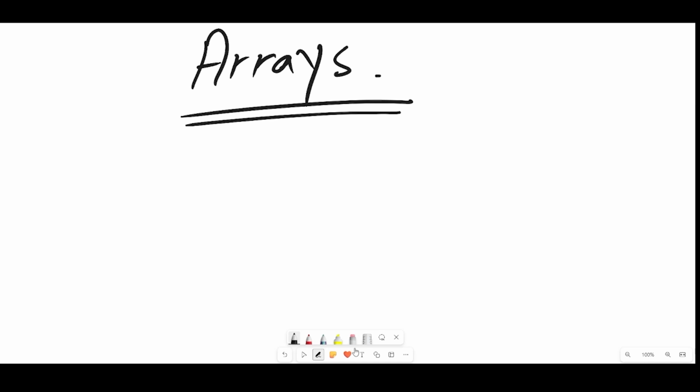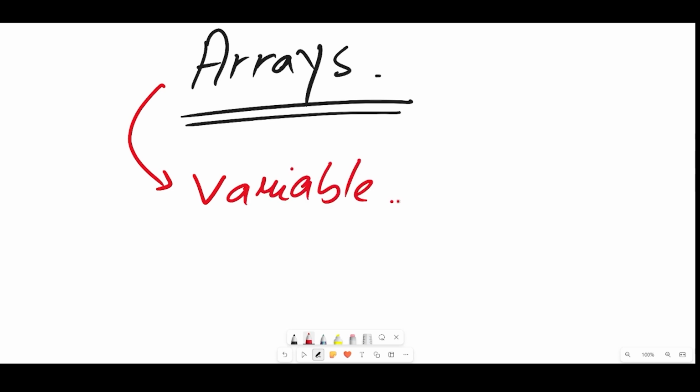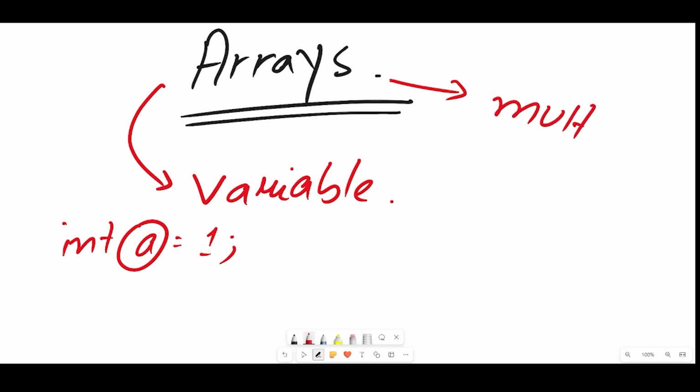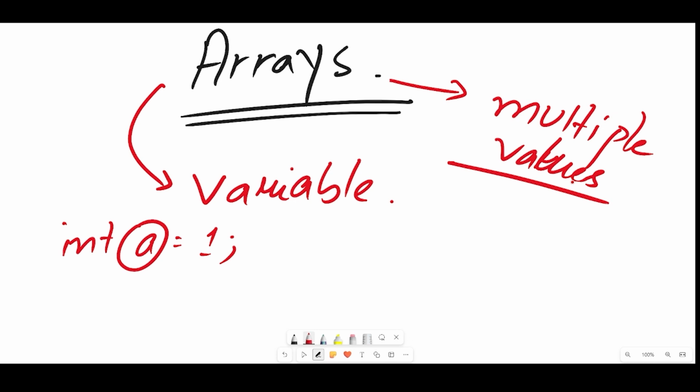So in the basic sense, if I have to say simply, you can think of an array as simply a variable. All arrays are kind of variables, but there is a difference. The variable that we have learned, for example, we write int a equal to 1. Here a is a variable. Fine. Array works a little bit differently. What does it mean? Array is a variable which stores multiple values at once. So let's say, for example, you have 30 students in a class and you want to store a record of all of the students. So you can use the help of arrays.